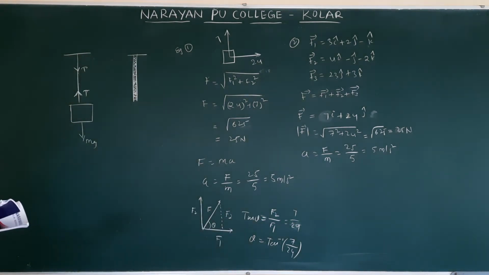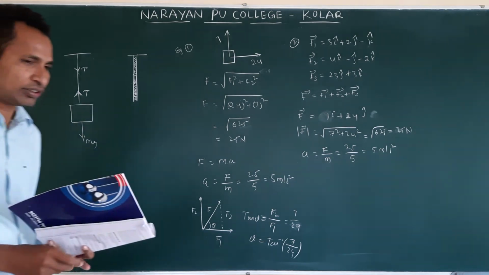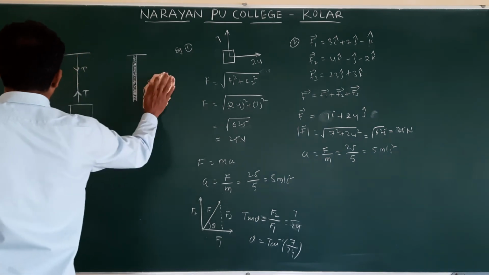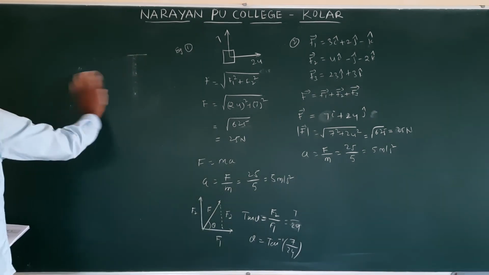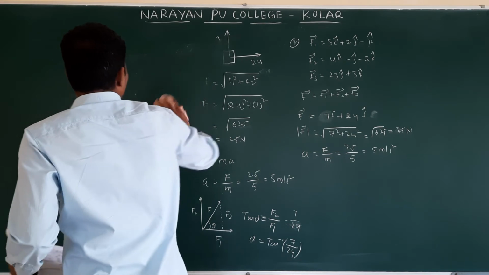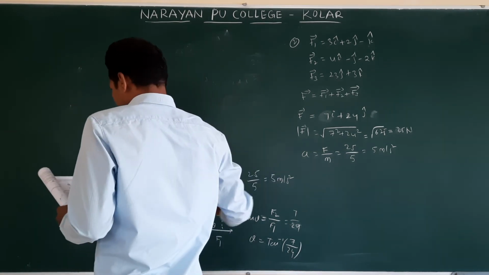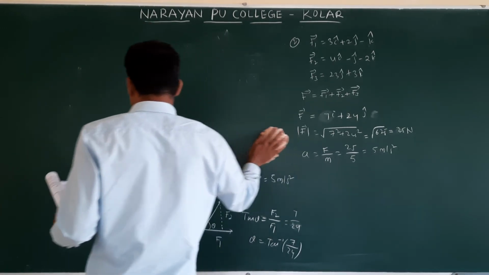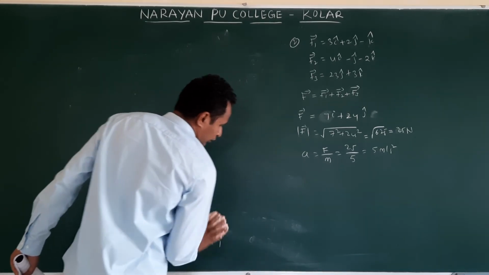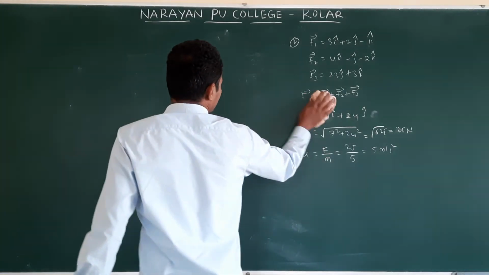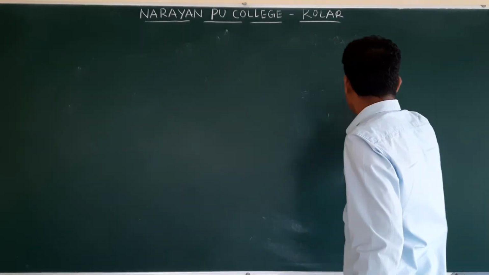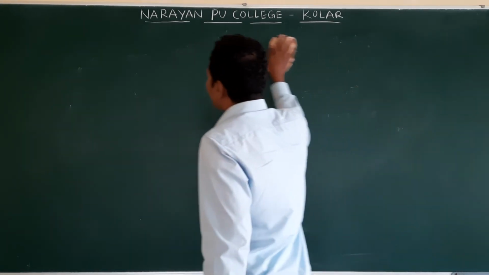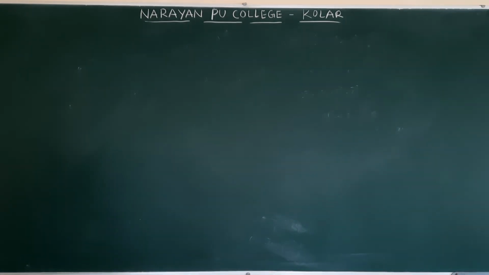Next, example 3. It's an important model question. Clear? Example 3 is important. There are three blocks given. They are attached to each other using a string. We are asked to find the common acceleration and the tension in each string. Okay, it's simple. Already we have done this problem in the exercise. In the exercise they gave only 2 blocks, but here 3 blocks are given.